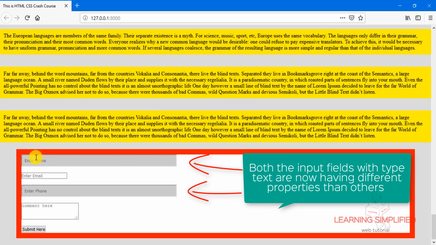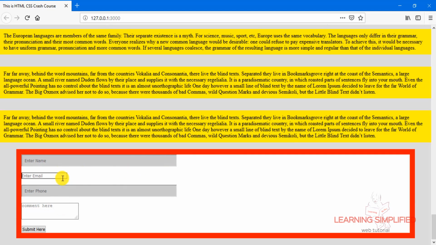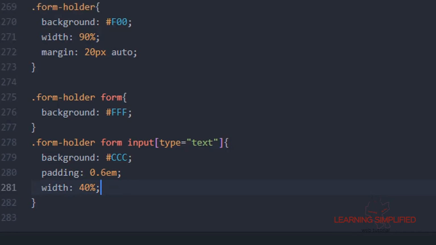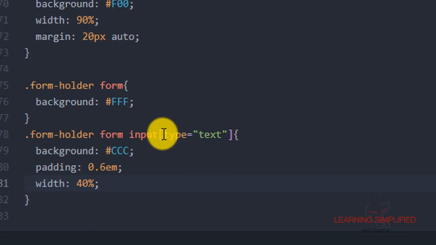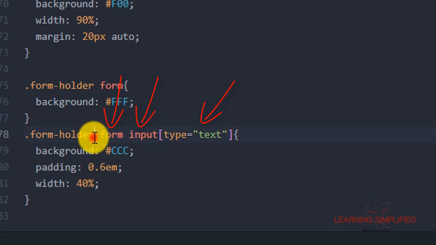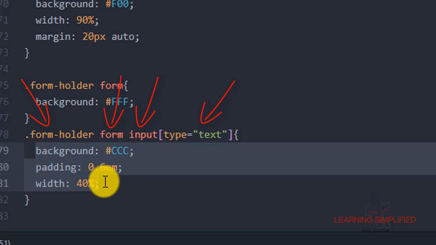So these input type text fields have different properties than the rest of the input elements in this form field. So we can say that this input element of type text, of a particular form field which resides within this form holder selector, will follow these particular properties.